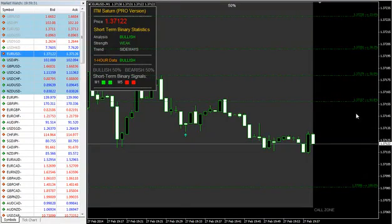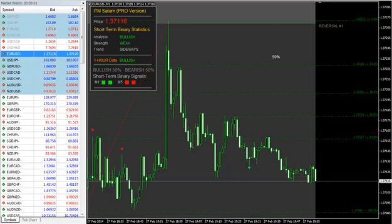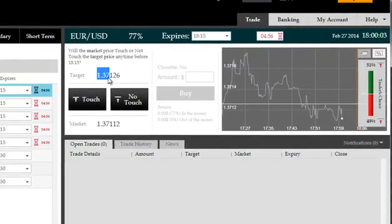Okay, we have a bearish reversal here. The 61.8 shown by ITM Saturn PRO has been broken. There's a stall signal also indicating that the price momentum is now bearish. ITM Saturn PRO will be revising its panel probabilities on the left, so we're good to take a short trade